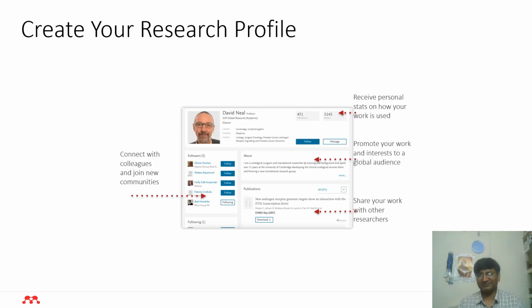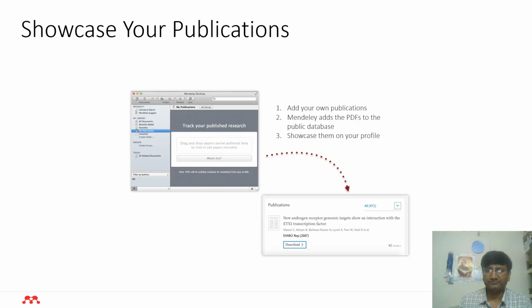Now this is a very important thing. You can create your research profile on Mendeley, and it is automatically updated with Scopus. So whenever an article is cited in Scopus, it is updated here. So you have updated information. For this, you don't need to have a Scopus subscription. You just create your author profile and connect it to Mendeley.